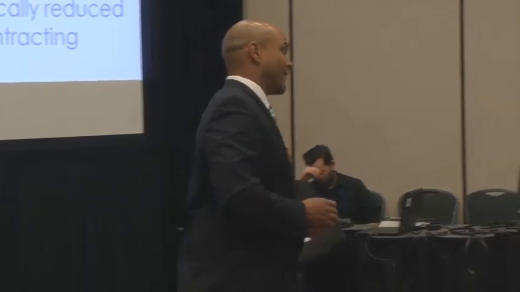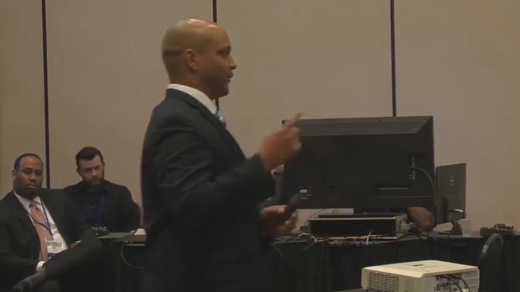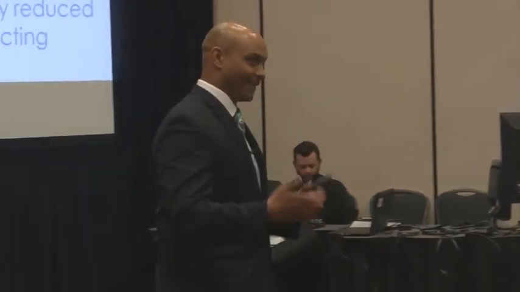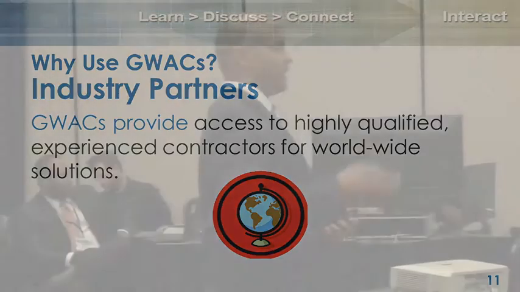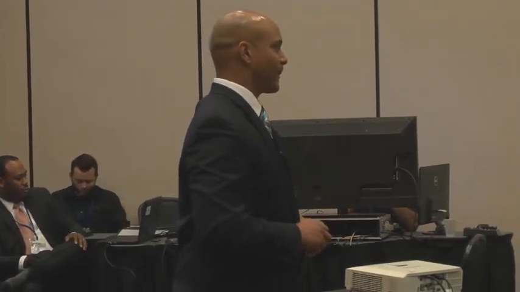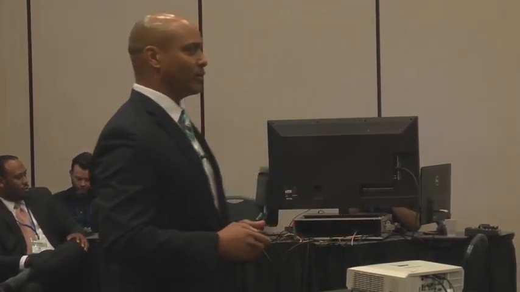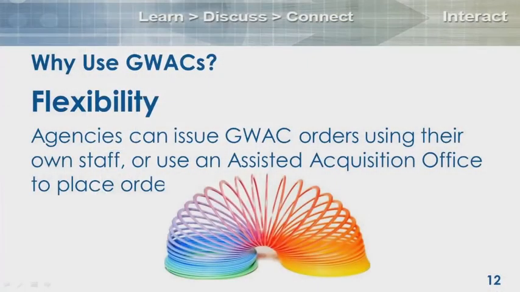There are certain situations where procurement lead time is virtually eliminated when we talk about the 8(a) STARS II GWAC and the ability to issue a task order award without competition at all, below $4 million. So if you can imagine, especially towards the end of the year, that becomes quite important. GWACs provide access to highly qualified contractors who provide worldwide solutions. We've probably got a total of 700 contractors across those 3 or 4 different GWACs, okay? So know that if you're going to issue a GWAC task order award, you're getting some of the best-in-class IT solutions providers.